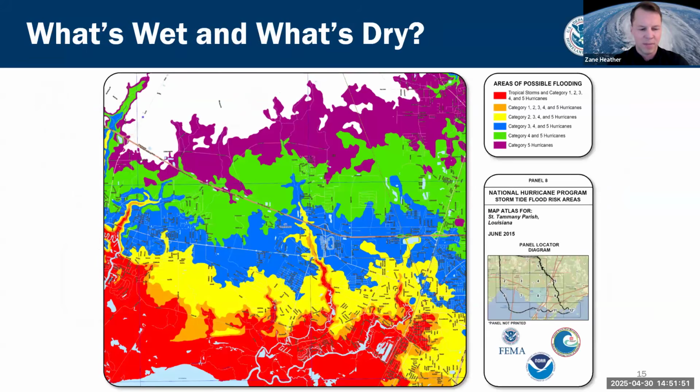I want to take a step back here, but it's important to understand that the hazard analysis of the HES is a comprehensive look at all of the tropical cyclone hazards or hurricane hazards that might impact an area. So while we are predominantly focused on what is wet and what is dry, inundation, because as you all know, as you've learned over the past 2 days, inundation is the largest driver of loss of life, and storm surge or coastal inundation has the largest potential for loss of life. So when we think of evacuations, population protection, moving people out of harm's way, really we try to focus on inundation and storm surge inundation.